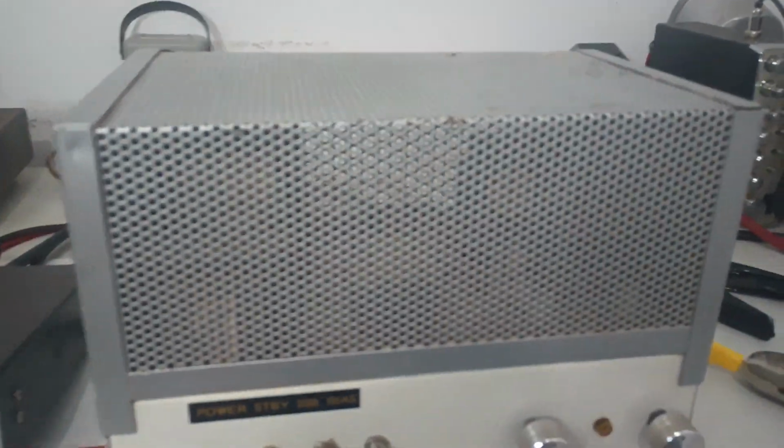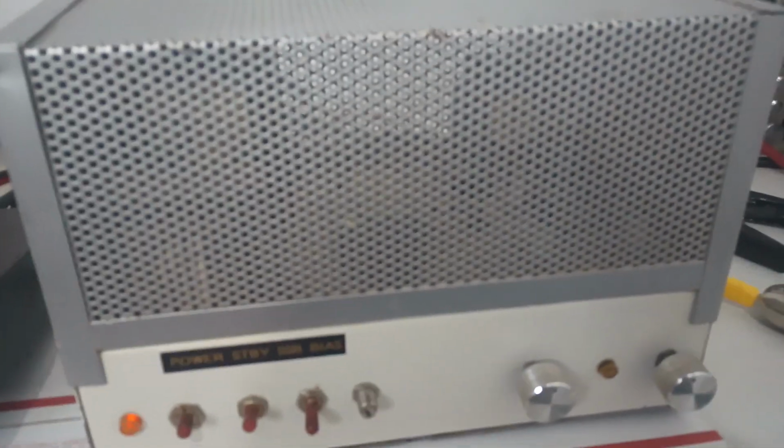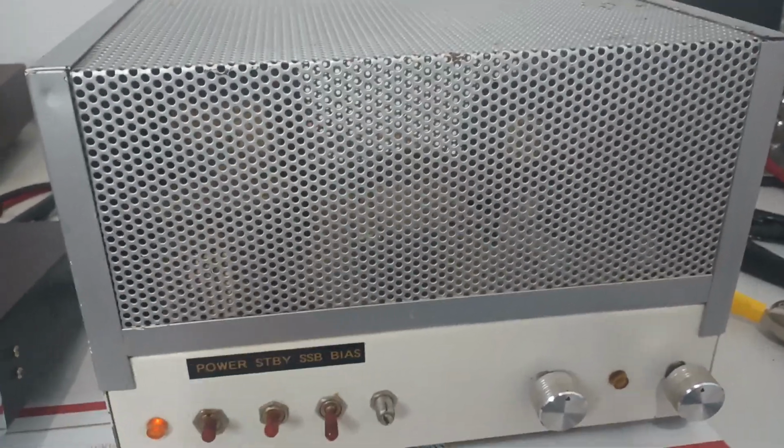You can't really see. I don't know if you guys can see down in there or not. There you go. But you can see the blower is laying at the back of it, and there's the hole where it looks like the blower used to be fastened down to, and it's just broken loose. I don't know how they had it fastened on there, so I'm not going to stay on this thing very long. It does have a weak tube in it, and that's probably why, because the blower's loose and not been